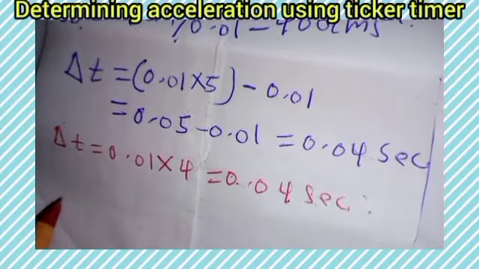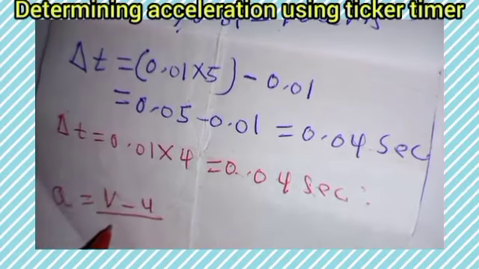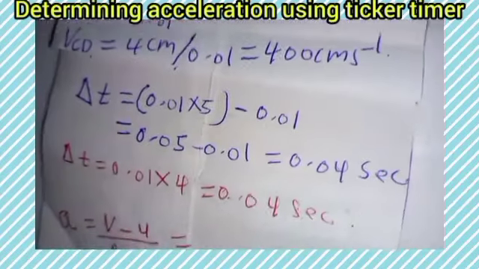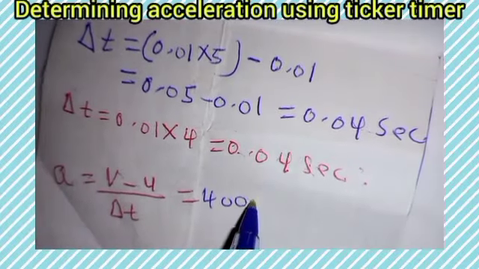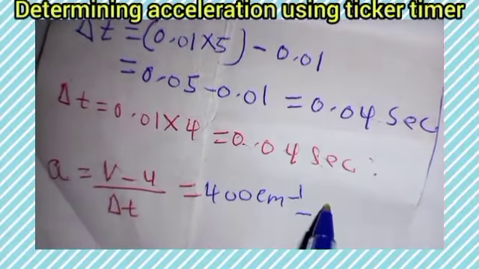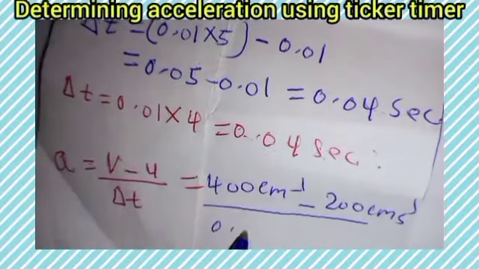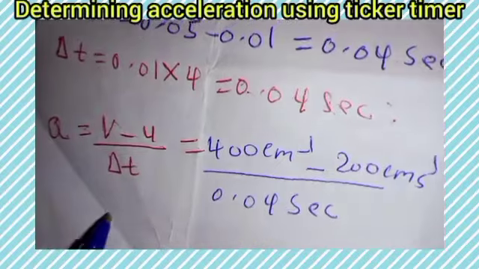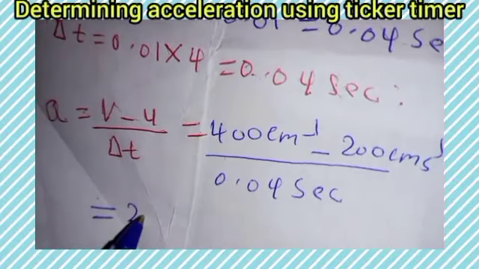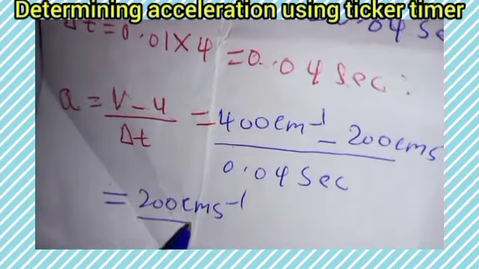So now, to get our acceleration, A is given by final velocity minus initial velocity divided by change in time, which is equal to our final velocity, which we have obtained here to be 400 centimeters per second, minus initial velocity, which we obtained here to be 200 centimeters per second, divided by 0.04 seconds, which is equal to, 400 minus 200 will give you 200 centimeters per second, divided by